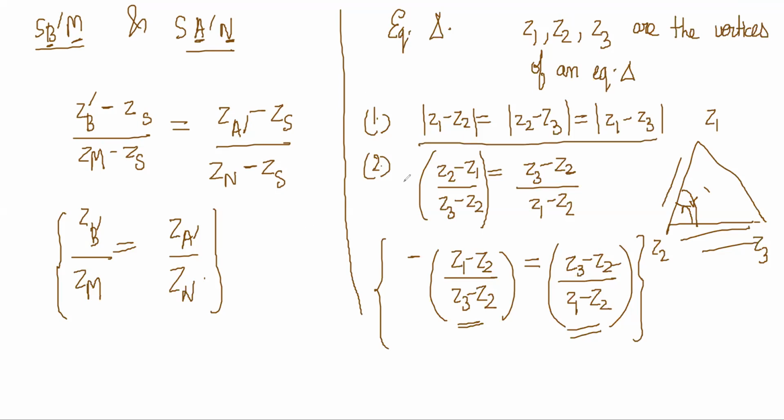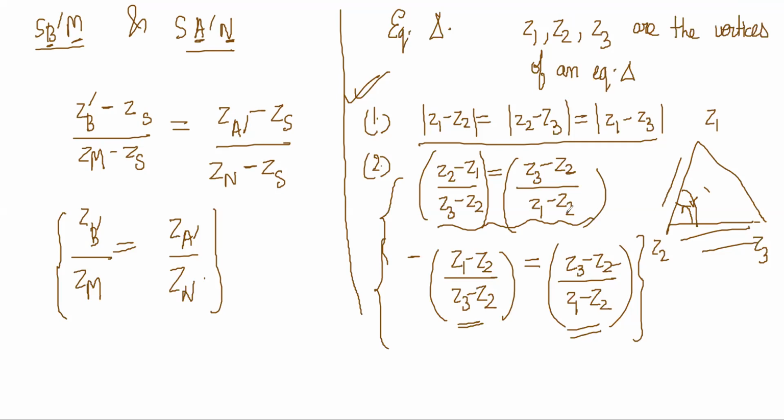I am trying to think why condition 2 is the same as an equilateral triangle. I am trying to understand why condition 2 is sufficient to be an equilateral triangle. Okay. So these are independent-looking conditions. Obviously condition 1 is true for an equilateral triangle. But is condition 2 also the same as an equilateral triangle, is what I'm trying to understand. Okay. So right now it doesn't seem very obvious. It seems a little weird condition. Okay. So